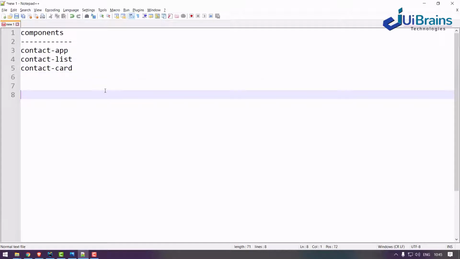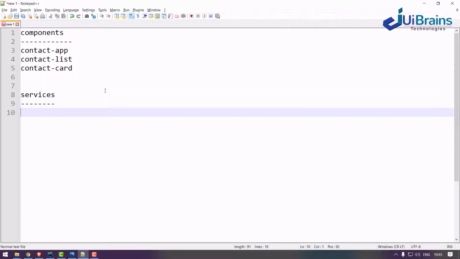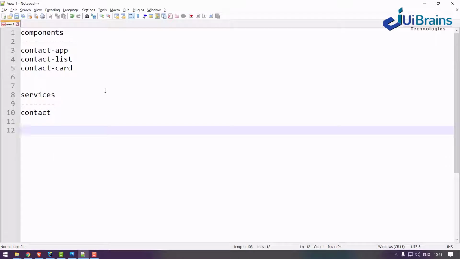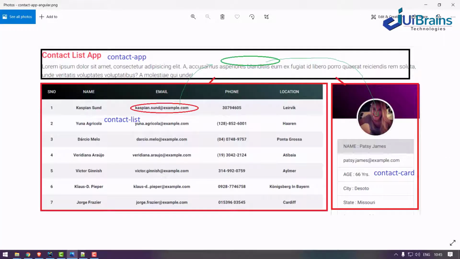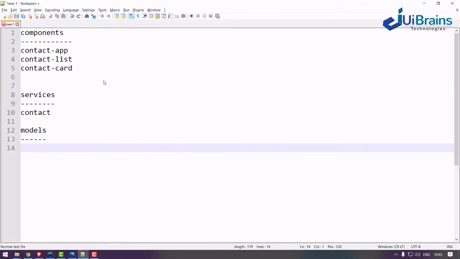Three components are required, and we need services as well because we have to fetch data from the server. So one contact service is required, and models. We need a model to hold this type of data, a contact model, capital Contact. So let's create the components, services and models.